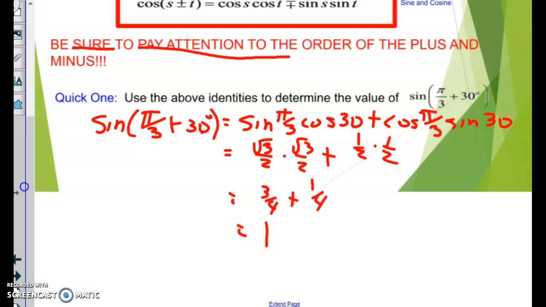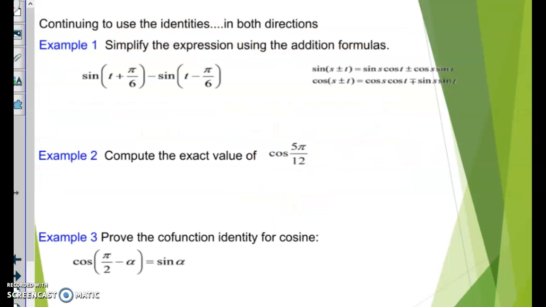All right. Continue using the identities in both directions. So let's take a look here. If I expand this out,